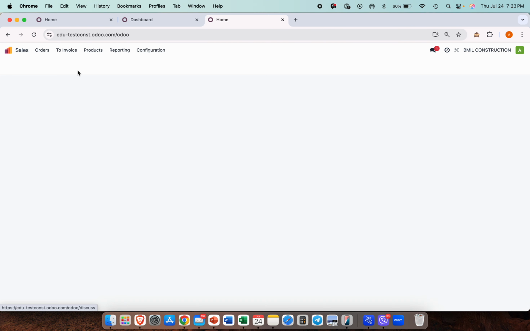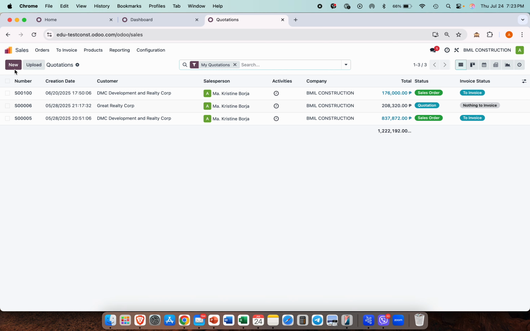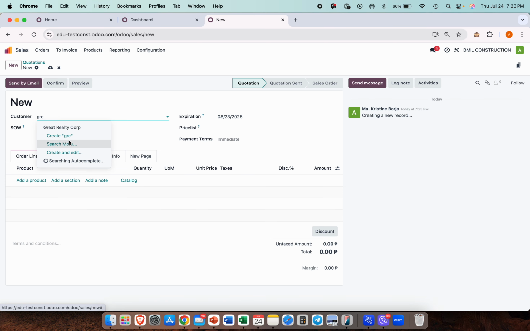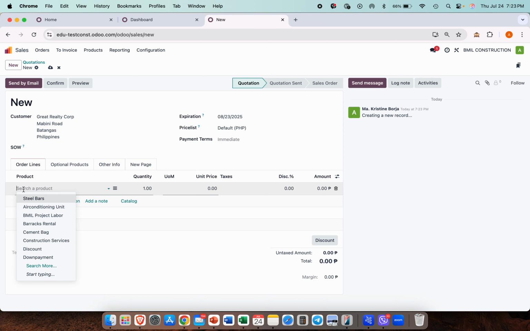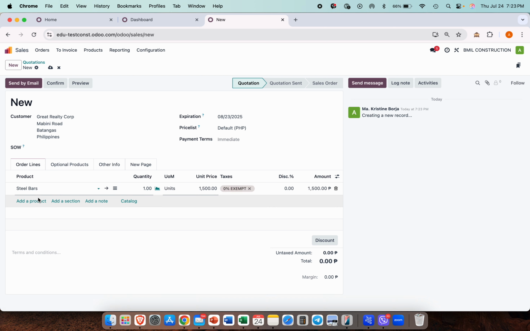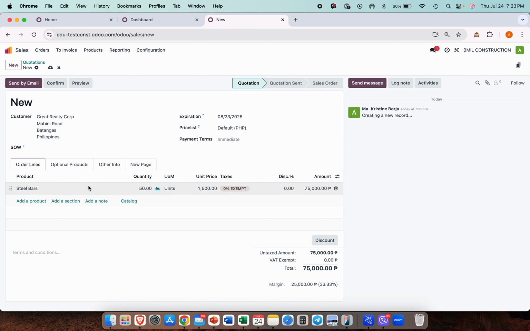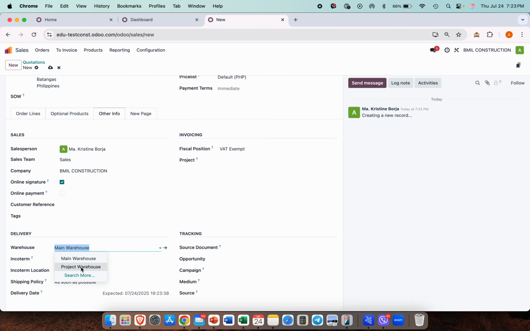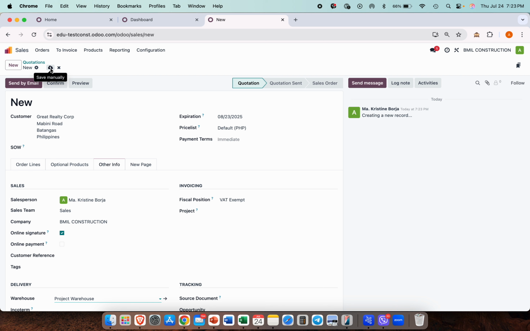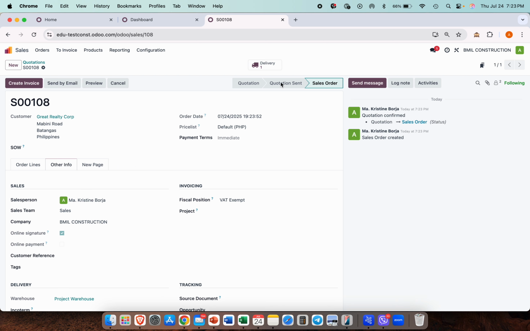And what we'd like to do is to create a sales order, and we'll say for Great Realty Corp. Okay, this will be steel bars. We'll have 50 of these, and we'd like to order these from the project warehouse. Okay, so if we click on confirm on this one, we expect that delivery,